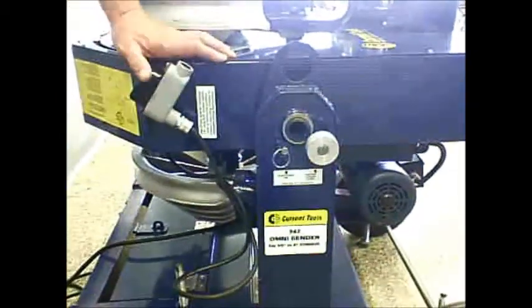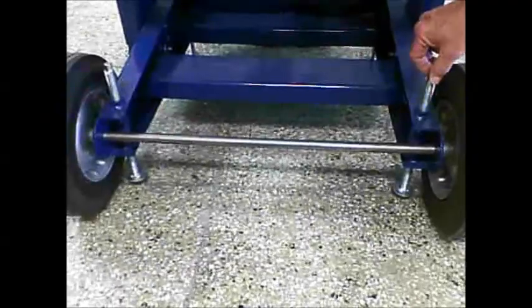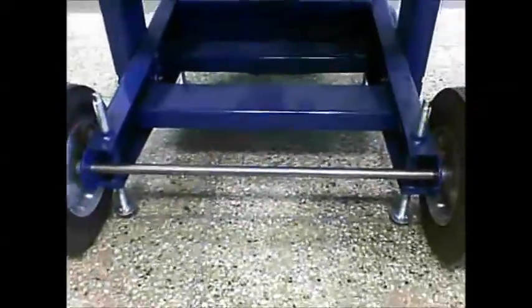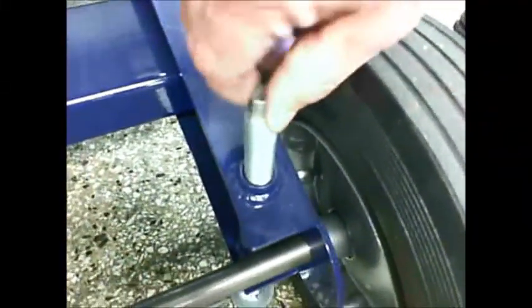head into position. To stabilize and level the bender once you get it into position, there are 4 leveling screws. There's 2 on this end and 2 on the other end. You can use a 1/2 inch wrench on the top of the hex screw in order to level